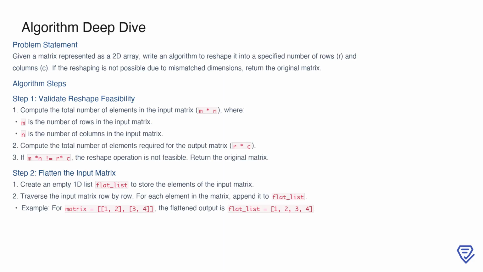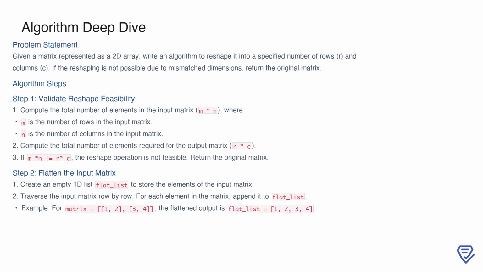The problem asks us to reshape a given 2D matrix into a new matrix with specified dimensions, r rows and c columns. However, for the reshaping to be valid, the total number of elements in the input matrix must match the total number of elements in the reshaped matrix. To determine this, we first calculate the total number of elements in the input matrix as m*n, where m is the number of rows and n is the number of columns. Similarly, we calculate the total number of elements required for the reshaped matrix as r*c. If these two values are not equal, it means reshaping is not feasible, and in that case, we simply return